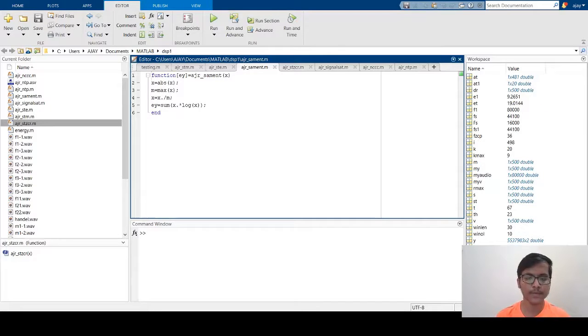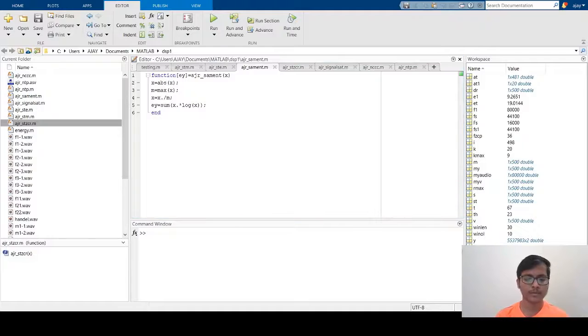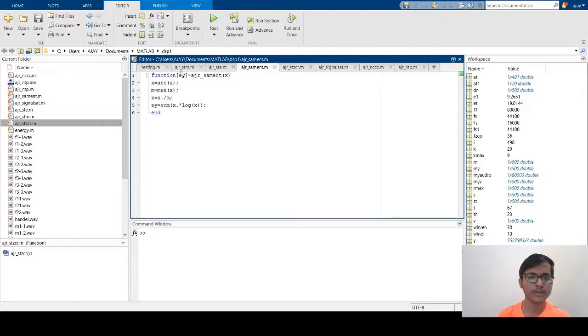Today I will be explaining about the lab. Our first experiment is time domain analysis of signals. Initially, I will be creating some functions which will be used in the main function. Those functions are short-term energy, short-term magnitude, short-term entropy, short-term zero crossing, autocorrelation, signal statistics, normalized cross correlation, and number of turning points. So these will be the basics.